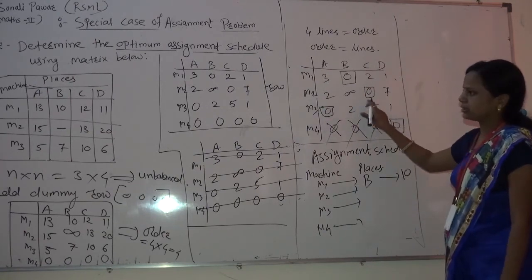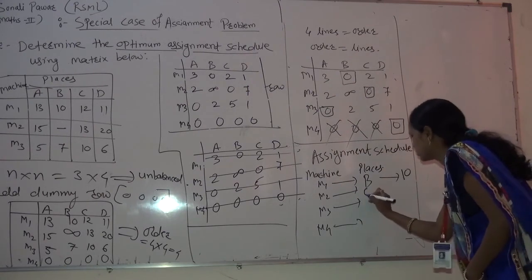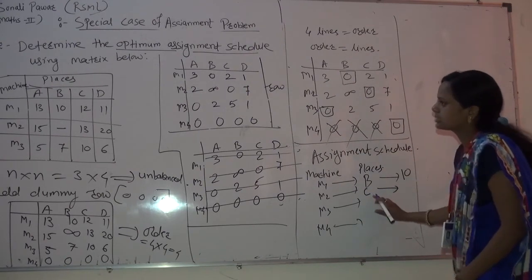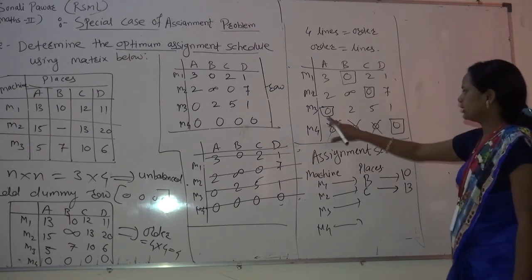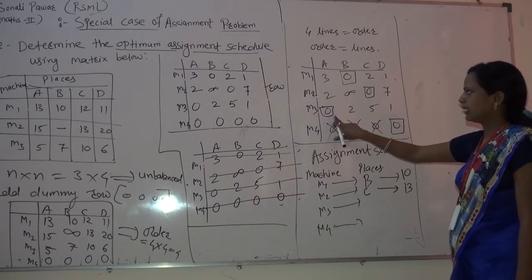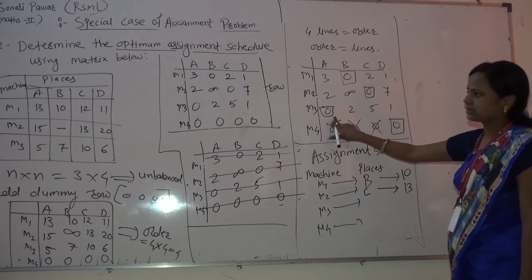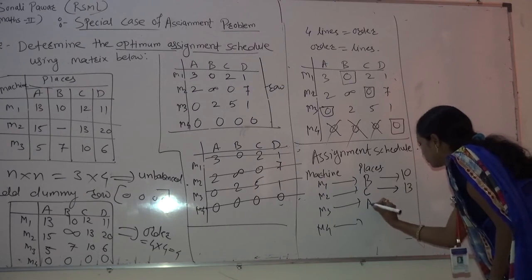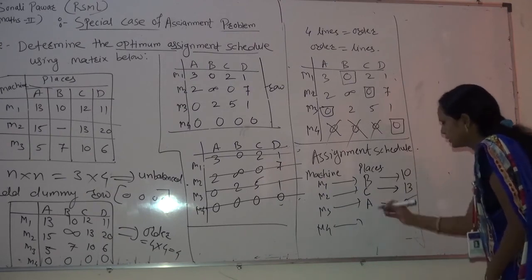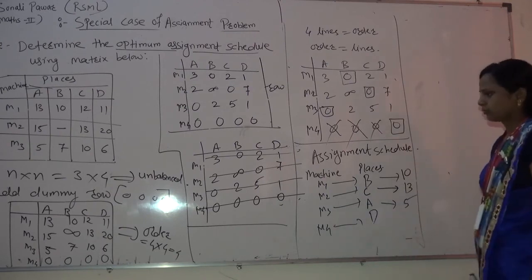M2 is C machine, C place, and C's entry is 13. M3 is assigned to A place. So M3's A place value is 5. And the remaining is what? D. So last is